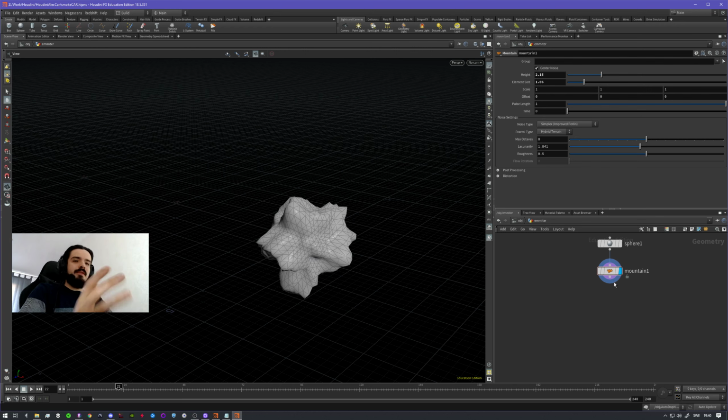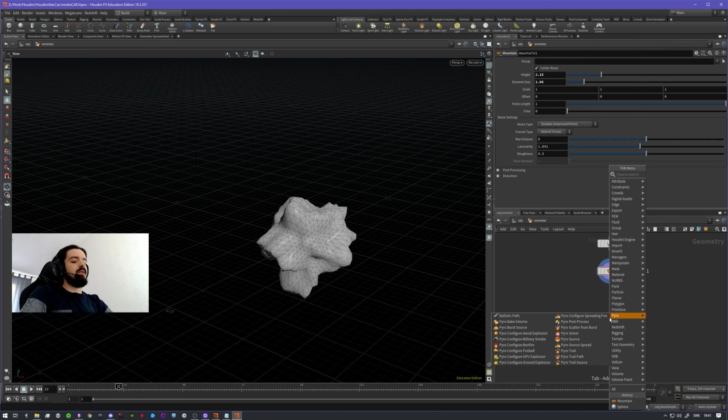Maybe you want it to go to the side, or if you have something exploding, for example, you would go with a pop network, create some particles, explode them and then create smoke out of the particles. But we are going with a simple one today, so we can take a pop attribute wrangle